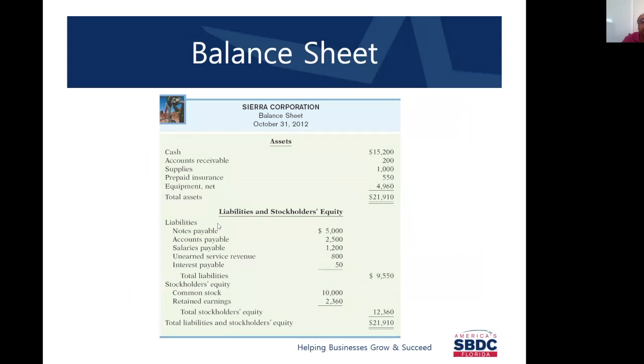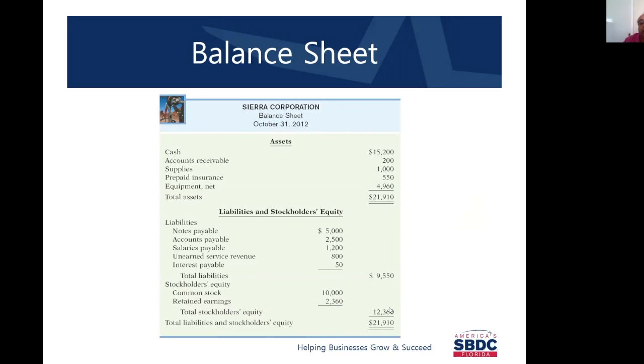Now, this is an example of a balance sheet. You have your cash, accounts receivable, supplies, prepaid, equipment, and so forth. And then this is your total. Liabilities is this, and you can see it totals equally. Common stock, you put $10,000. Retained earning, he's been making